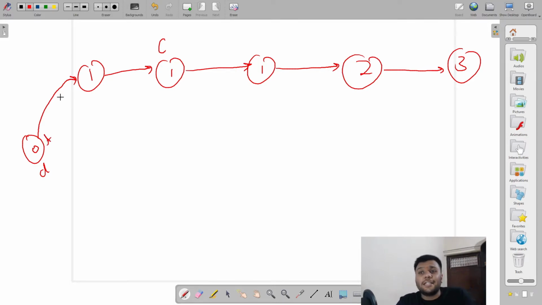What I will check is, is my temp dot next similar to my current? It will say yes, it is similar to my current. So I will simply move my current. Guys, you will get an idea of what I'm doing here: I will only move my current when it becomes true. I will use a true or false condition. If it becomes true, then I will go in my while loop, and I will run it for duplicacy. So I am going in my loop only if there are duplicates, to remove the duplicacy.